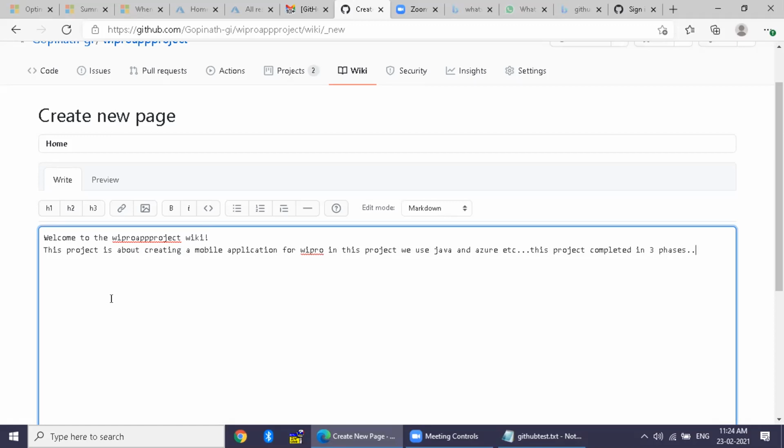In this project, there are 5 members in the team. So if you want to describe the whole events, you can describe them in this wiki side by side as the project is moving on. So at the end of the day, when the project is completed, you have a whole document related to the project ready. Understood now?